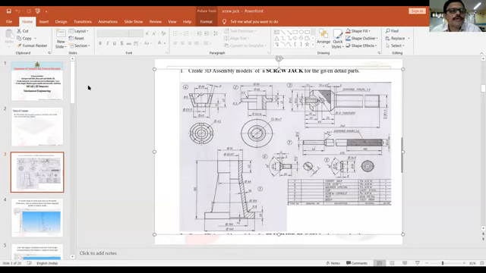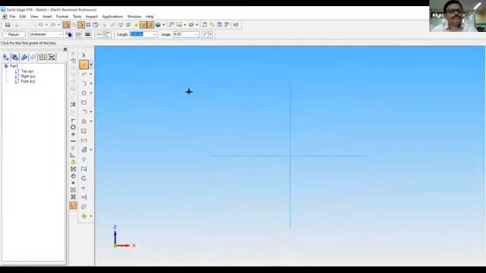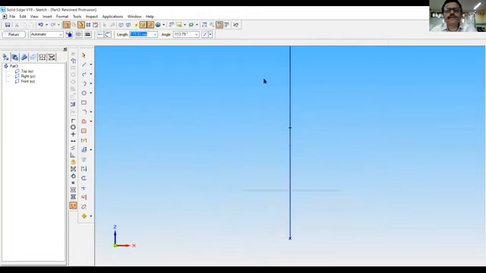So again, revolve protrusion, click on front plane, draw the line of 240 mm. Just fit it here. This is 11 and this is 13.